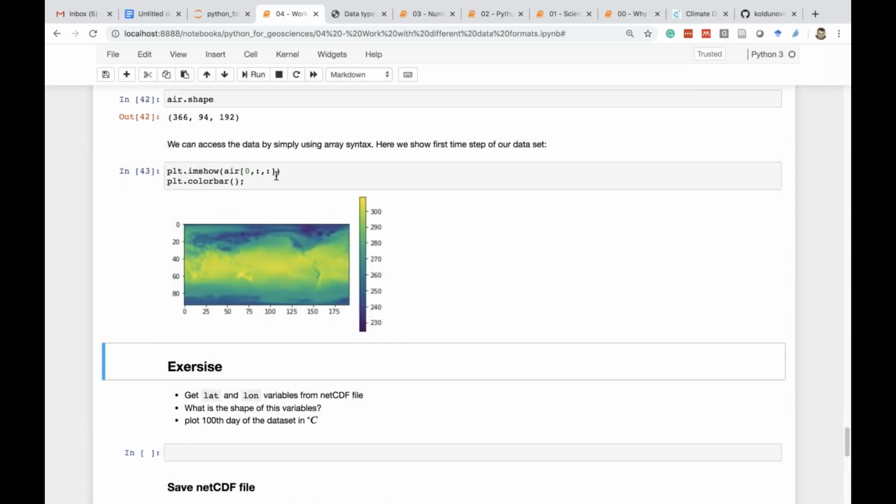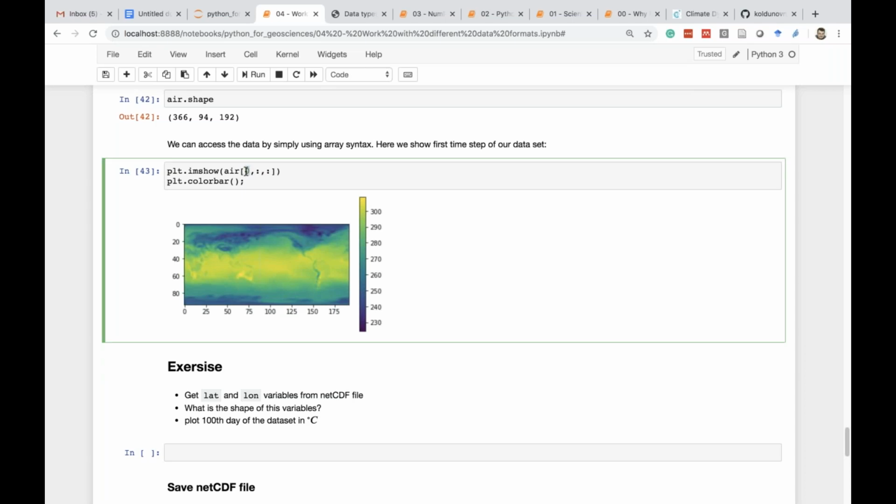And in this case, you actually load the data, but you load only the first time step. That's also very important, because most of the time you don't want to have all 366 data, especially if the data are big, right? If you want to access only one time step, it's very easy to do. You just select the 0th index of this field, and then you can see that there is, okay,